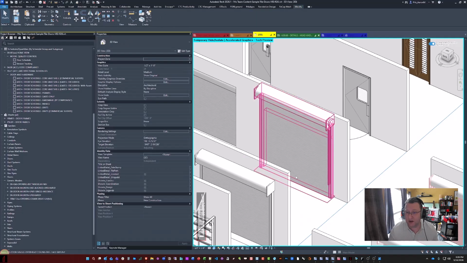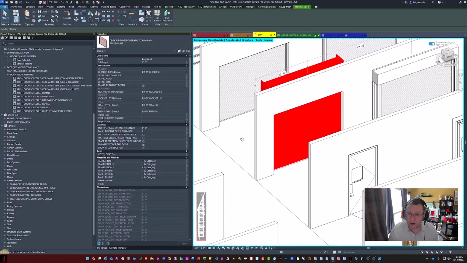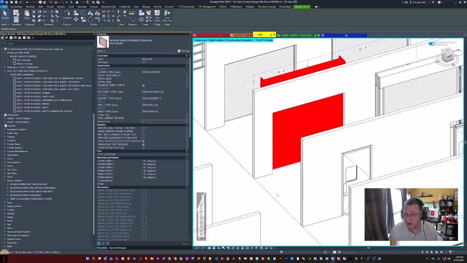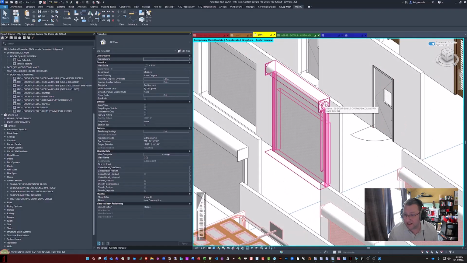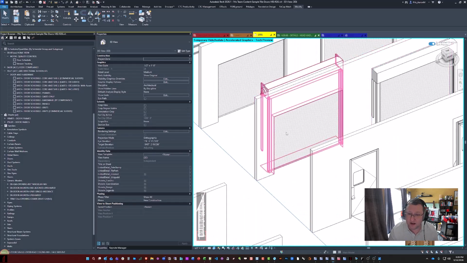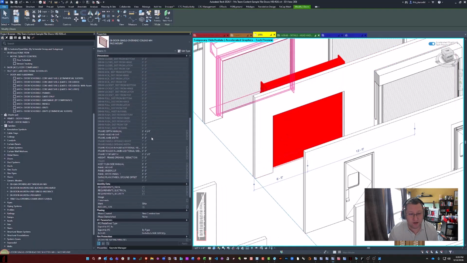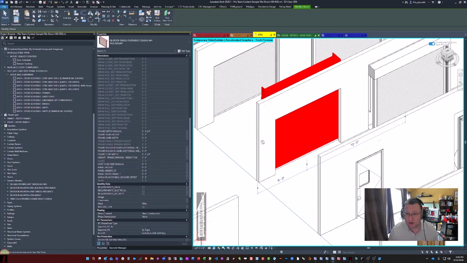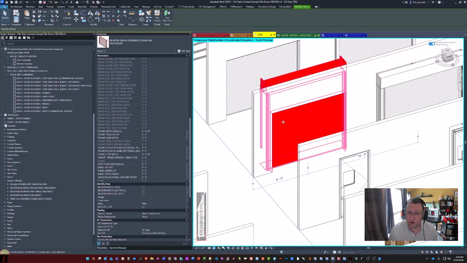In this situation, you're looking at a 9-foot tall coiling overhead panel that only wants to have a 7-foot tall hole in the wall. This might be something that happens if you want the coiling assembly to be above a ceiling, that way it doesn't create a conflict, or maybe you want it farther up the wall in a warehouse to avoid other utilities. So you'll notice in the coiling overhead wall-hosted family now, there is a parameter called frame opening reduction, and that allows you to schedule this door as 9 feet tall, but only have a 7-foot hole